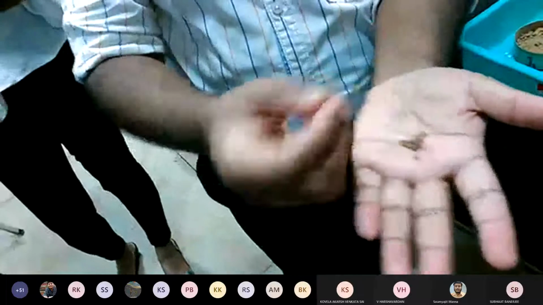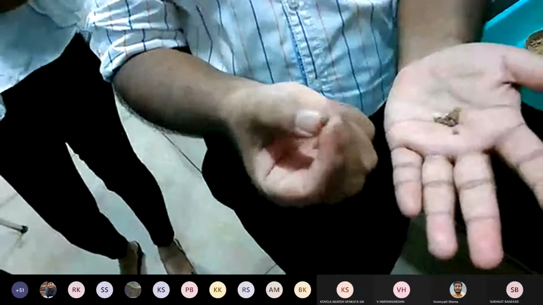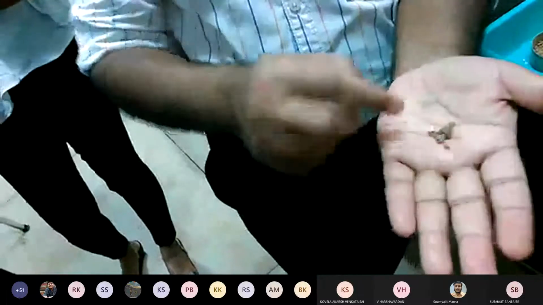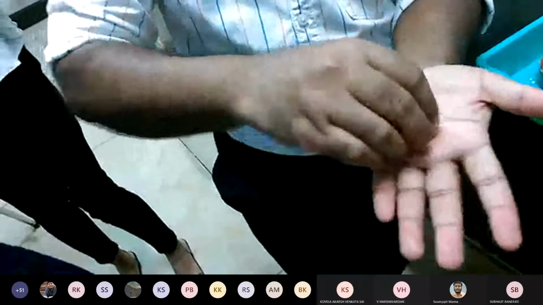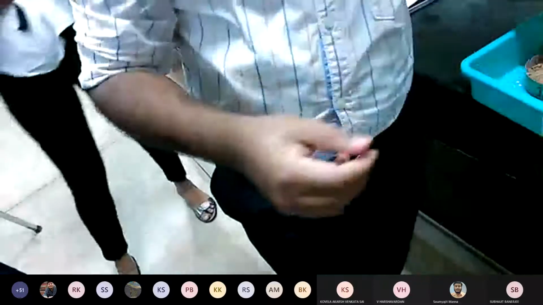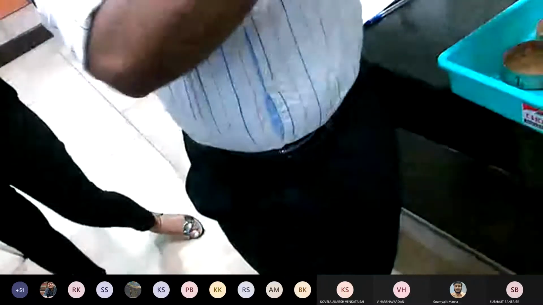If you look carefully, this may be 2 millimeter or 3 millimeter. While if you look at this particle, I can't segregate an individual particle. So it's almost less than 1 millimeter. It is in terms of microns only. So this is how you can distinguish based on the size of the particle. Okay, so color is done, size is done.